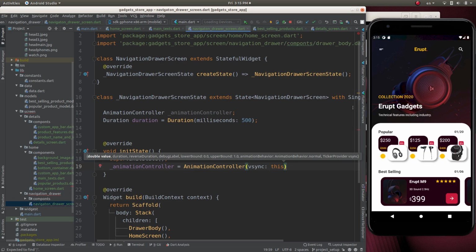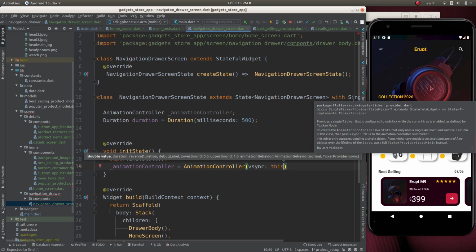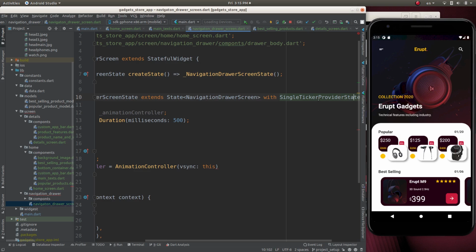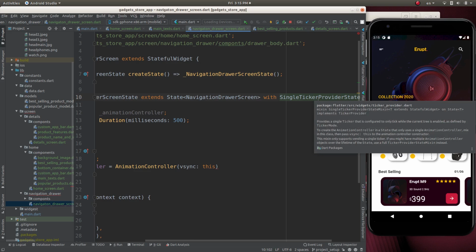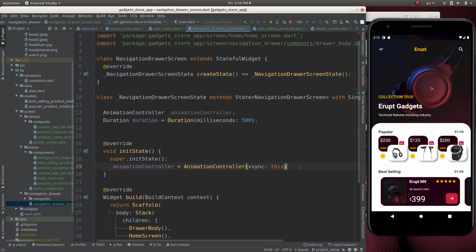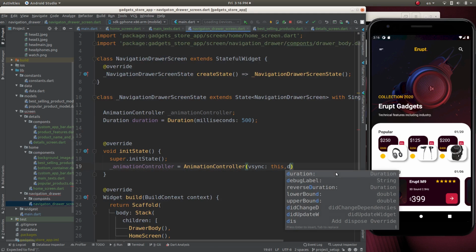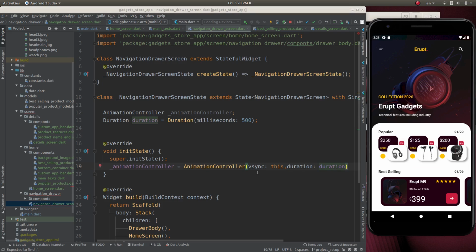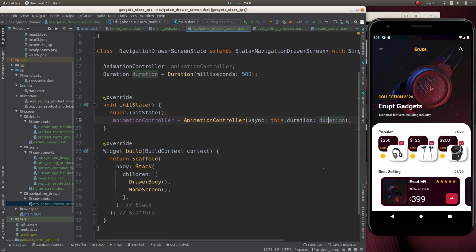This is why we have a single ticker provider state minimum. If we put the cursor over it, it will show what it's doing. Okay, and it will have an animation controller, which will have a duration. Let's put a semicolon at the end, and to locate this